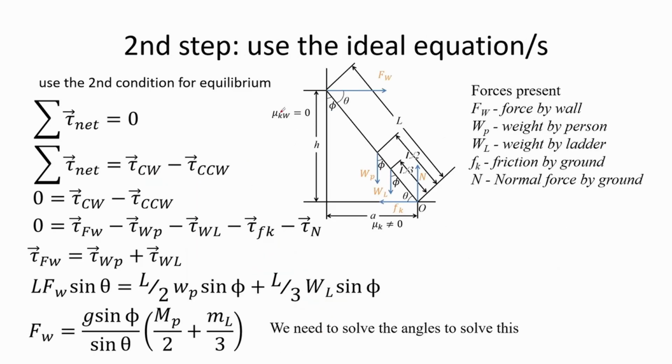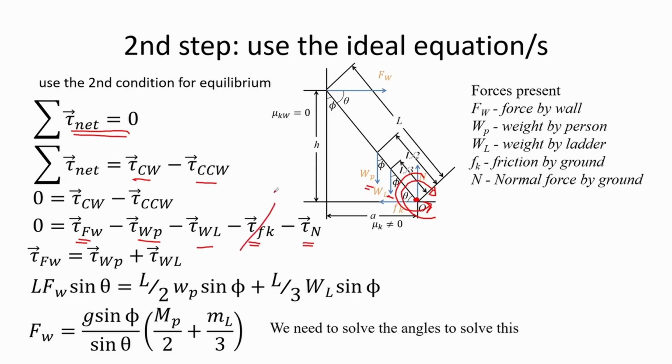The next step is that we use the second condition for equilibrium, which is that the net torque is equal to 0. Here we identify the forces that could cause the motion of the body to rotate clockwise and counterclockwise if it is allowed to move freely with respect to its axis of rotation positioned at point origin O. For the first force, the force exerted by the wall, it would cause the body to rotate clockwise. For the weights WP and WL, they would cause the body to rotate counterclockwise, and for the normal force and friction, whose line of action intersects the point of rotation, they both do not cause movement,